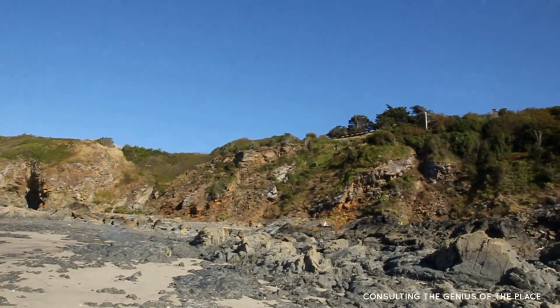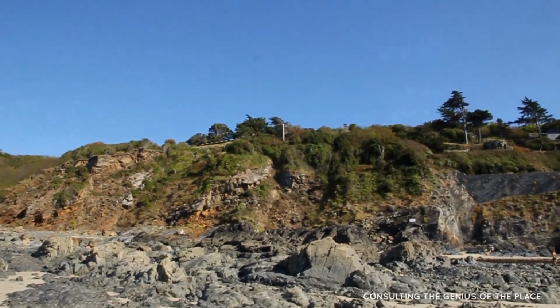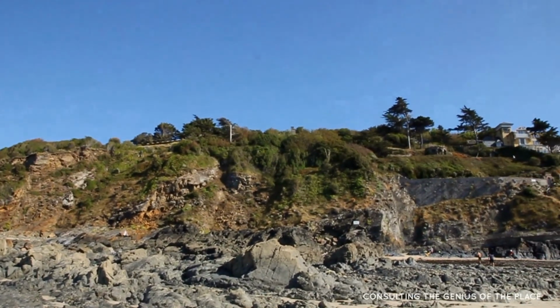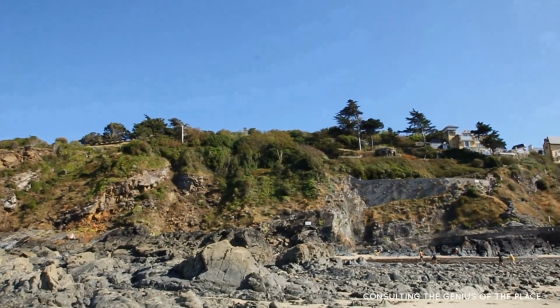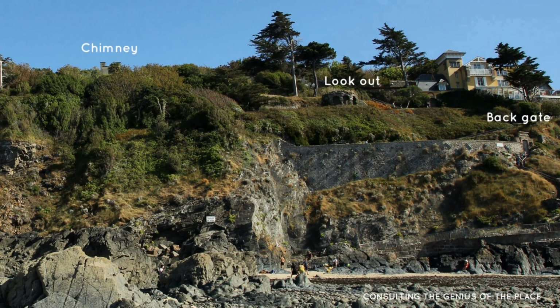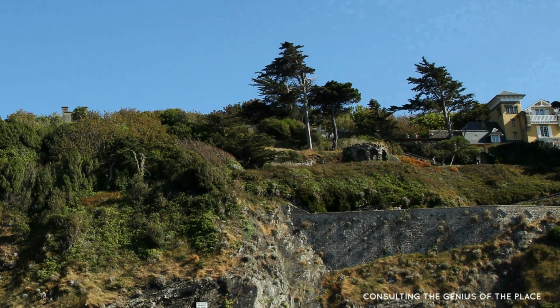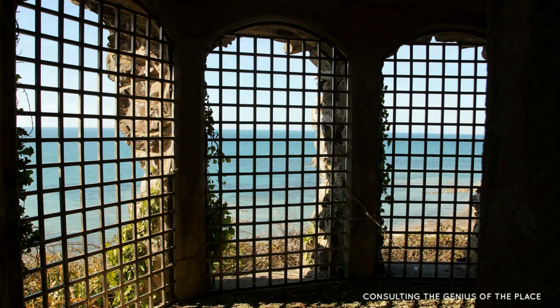What we're looking at here from the shore is the start of a garden, and somebody here has really consulted the genius, because you've got the wild rocky outcrop at the start of the garden. You can just see the garden gate, which is about halfway down the cliff, and some of the features of the garden. You can just see the rose walk above at the top of the cliff, and there's a great lookout halfway up, which you can see here, and that's a great reminder of what this area is all about,